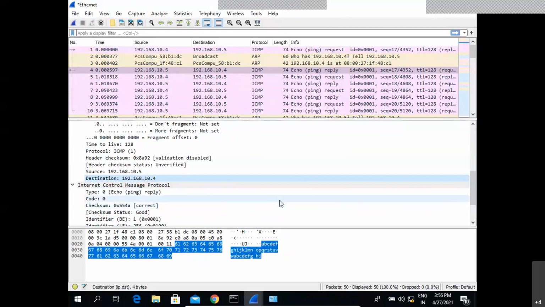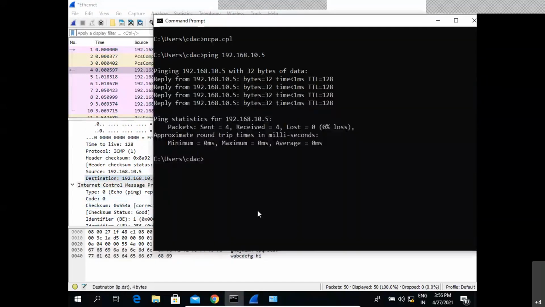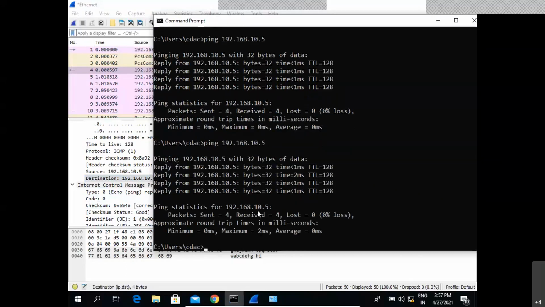In the scanning techniques, take this simple ping command. If you go to the command prompt, I'm trying to ping one particular IP, 192.168.10.5. This is one scanning technique. I just wanted to know whether this particular IP address 10.5 is up or not. Now I got a reply from 10.5 saying that it is available to communicate. But we can observe here, along with this reply, we are also getting a value called TTL. What is this TTL? It is called time to live, right?